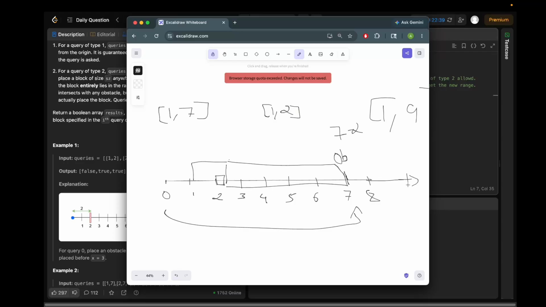So we go up to 9, we place a block here, and now